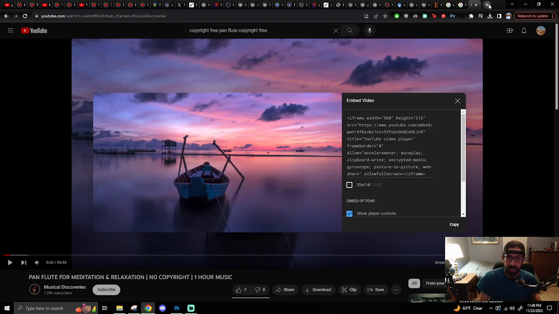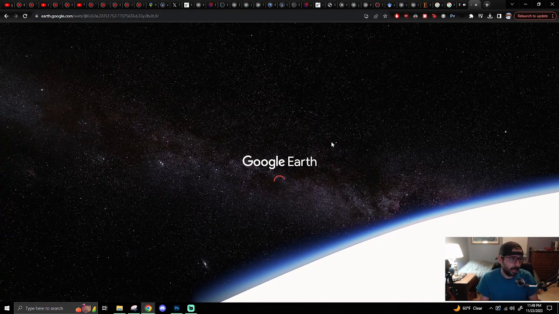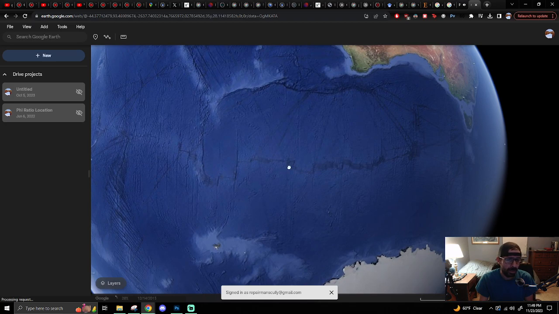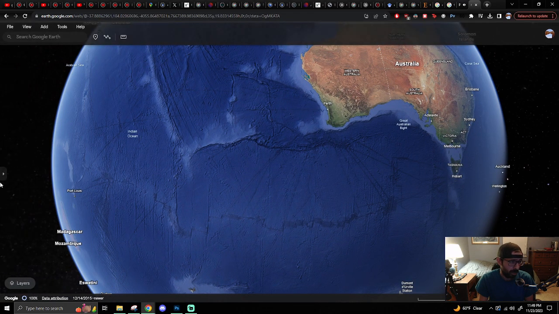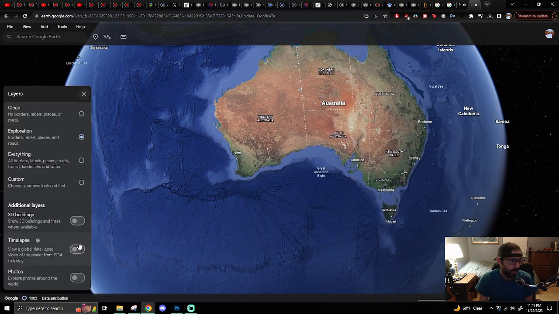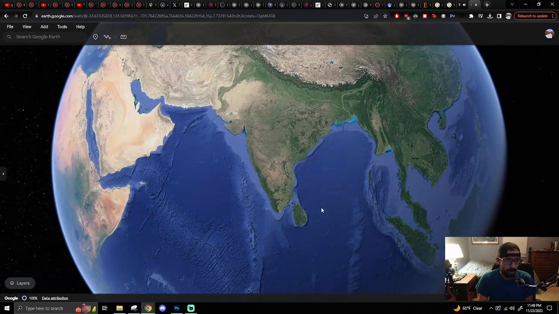I got an exciting update. So let's go to Google Earth. I've been talking about large igneous provinces recently and their relationship to the Earth's expansion process. So a quick description of what we're going to go through is